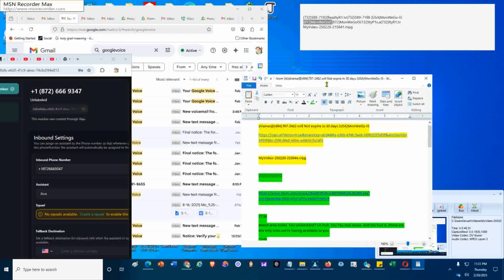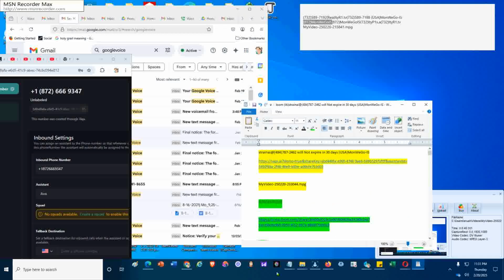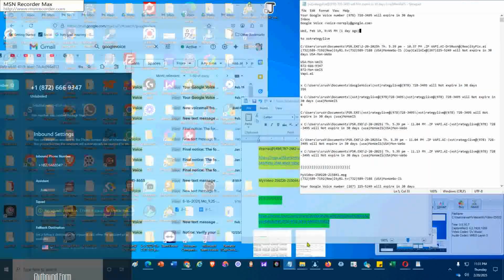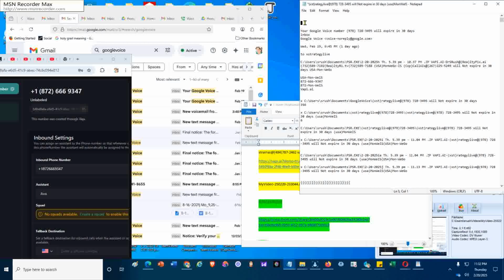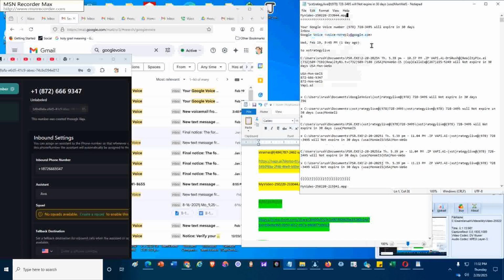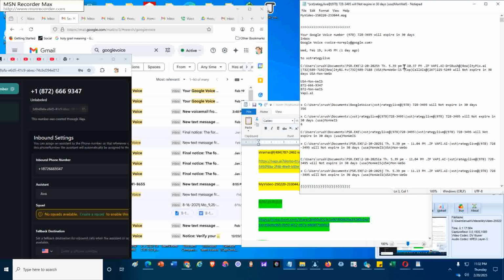Make it a bit smaller. Then open the other notepad that I have. Take Strategy Live. Go to the very top here and mark it with less than. I'll paste the file name right at the top, edit, paste, 2 enters,